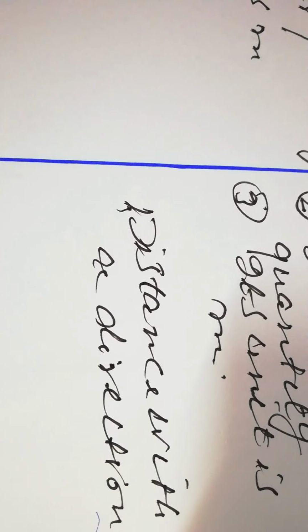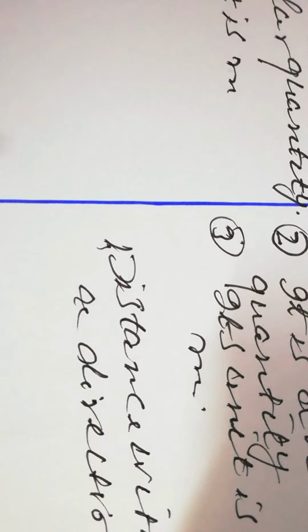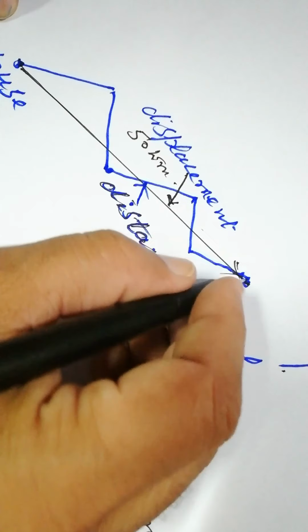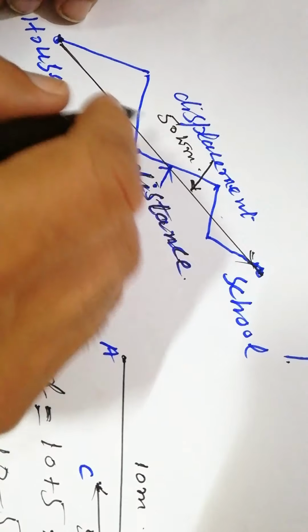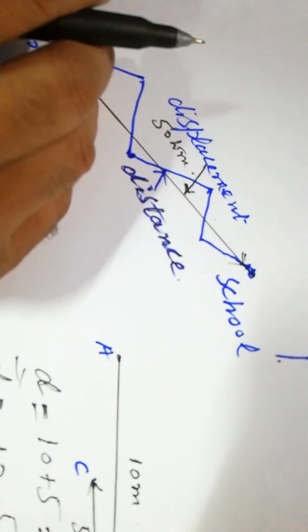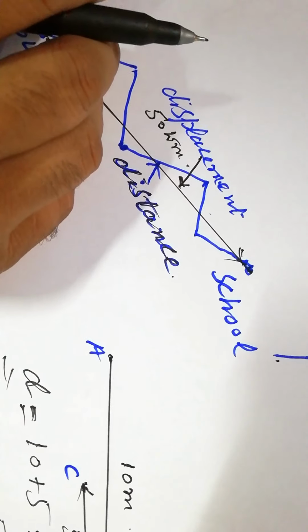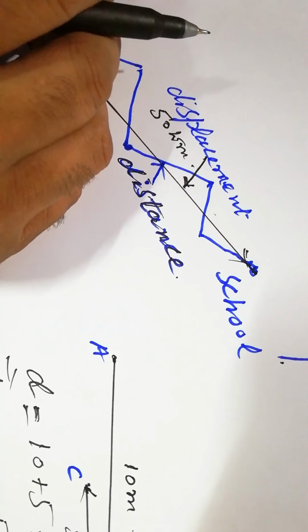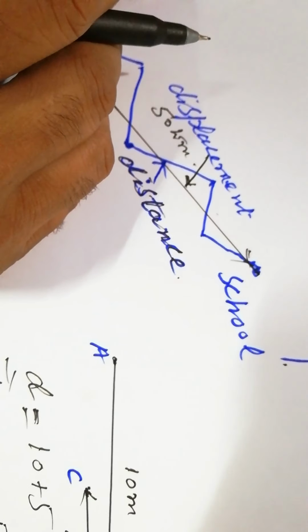And you must know that distance is a real path or length between 2 points, as I've just mentioned, and displacement is the shortest distance between the two. It's denoted by a straight line here. So it's the shortest distance. That's why displacement is a vector quantity and distance is a scalar quantity, both having the same unit, meter. And that's the difference between distance and displacement.